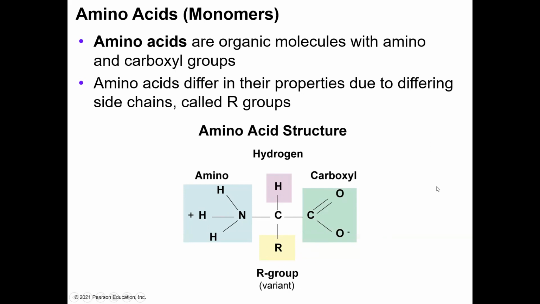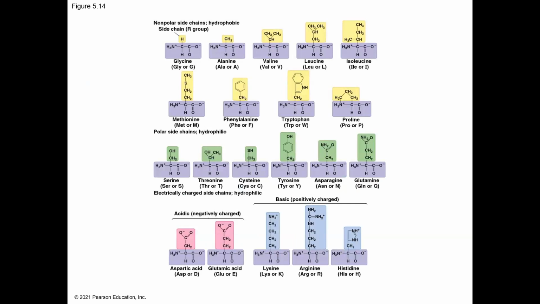The R group is what can vary and change between the amino acids. It is the R group that helps create the 20 different amino acids that exist. And so here are the 20 amino acids. You are not required to learn the 20 amino acids, though some of them are more important than others, at least when we're talking about protein structure. But the 20 amino acids here all have the same basic structure. It's just the R group that is different between all of them.